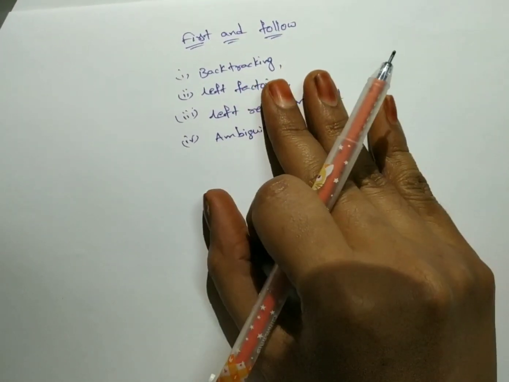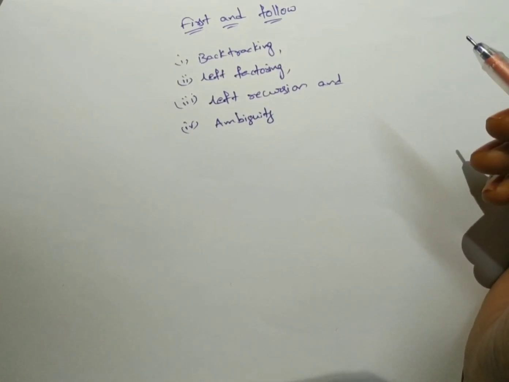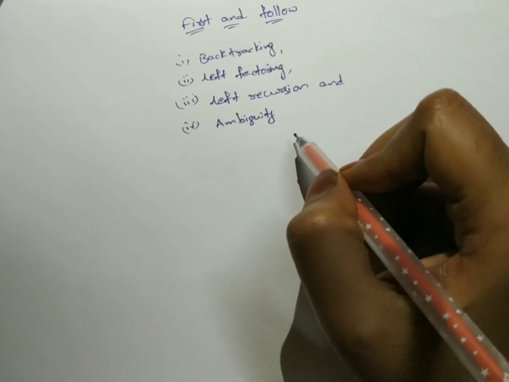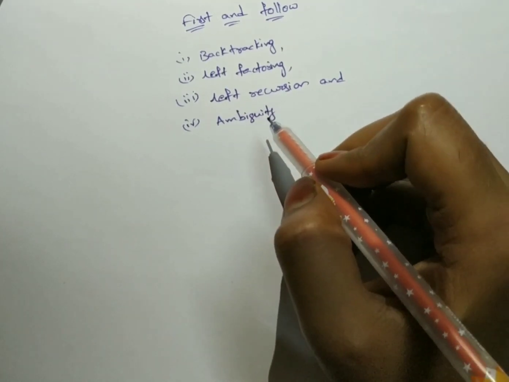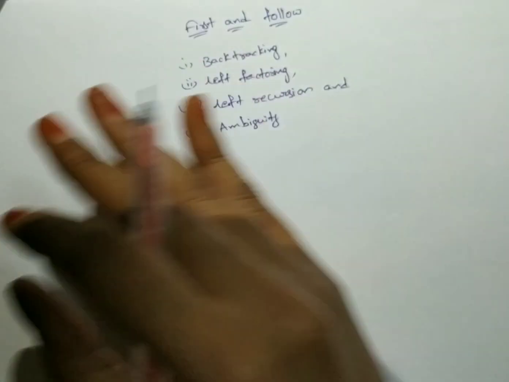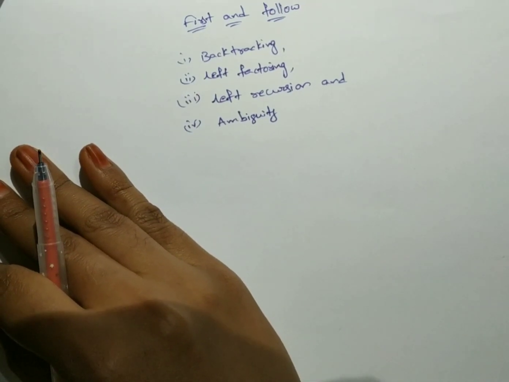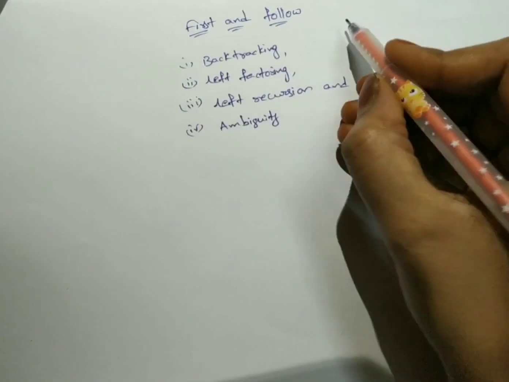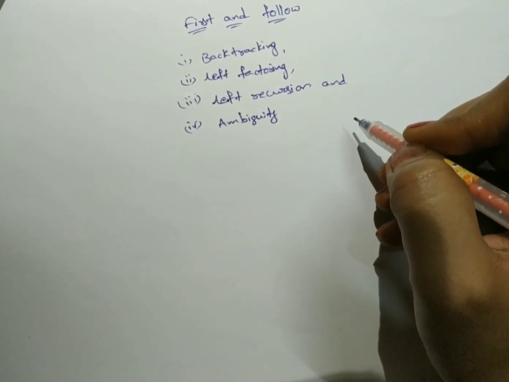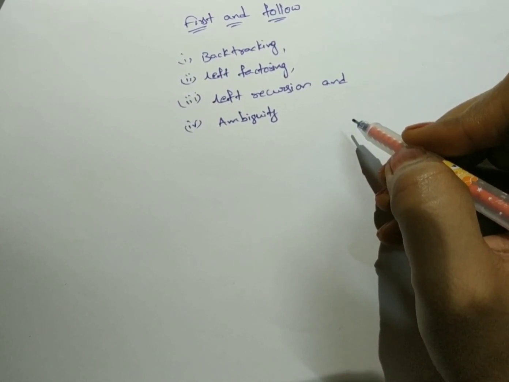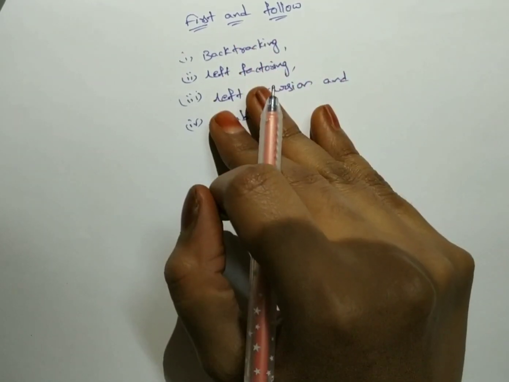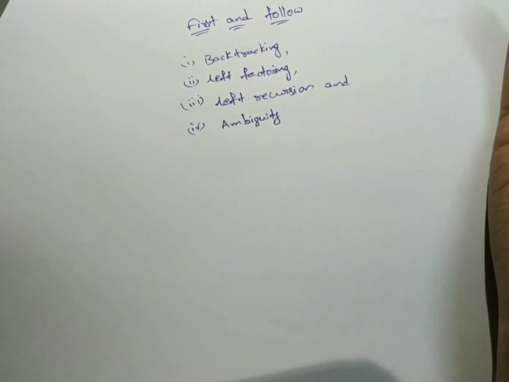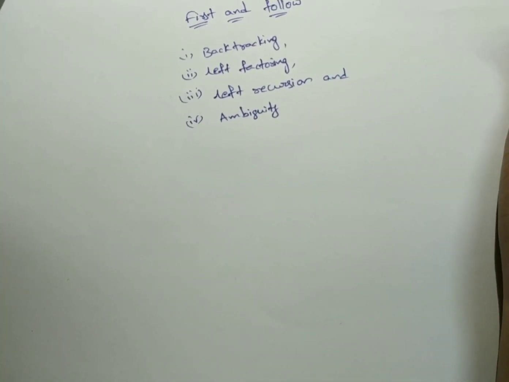For finding the first and follow, we need to avoid these four factors, that is backtracking, left factoring, left recursion and ambiguity. If the grammar which we have taken to find the first and follow has any of these factors, then we are not supposed to find the first and follow. Now let me explain each factor in detail, how it occurs and how to avoid these factors in the given grammar. First one is